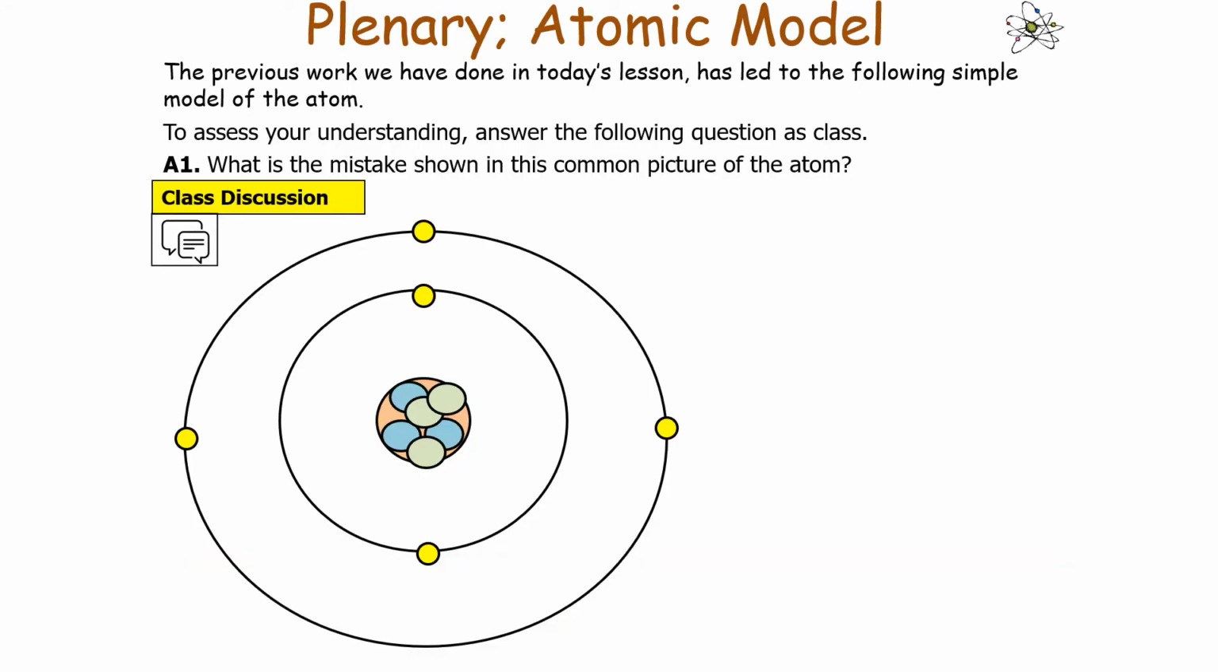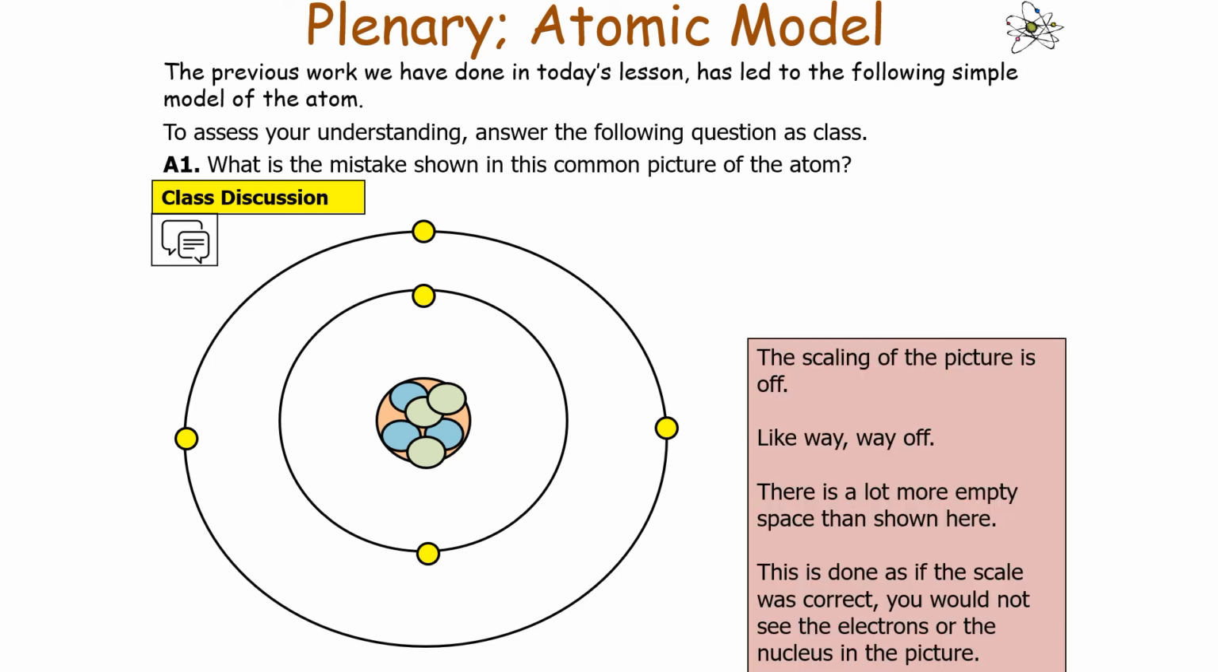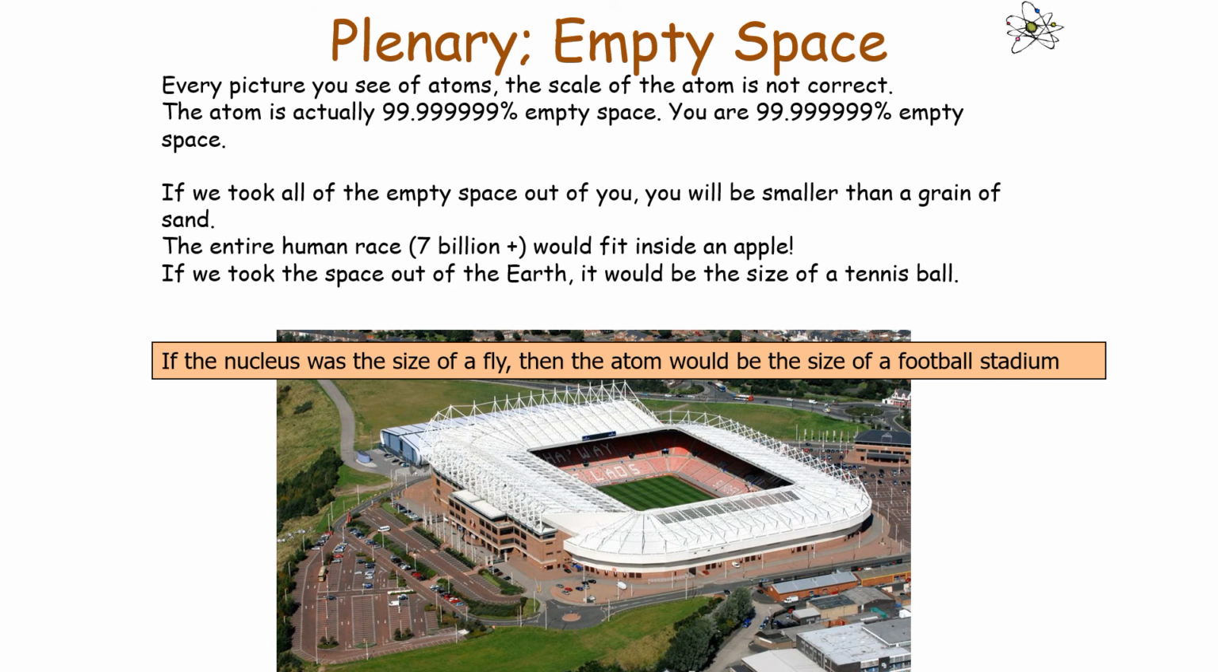Now, it's important to note that this particular model of the atom has a mistake, and that mistake is the scaling in these pictures is way off. There's a lot more empty space than shown here. If you actually drew the scale of this atom correctly, you wouldn't see the electrons or the nucleus in the picture. Every picture of an atom basically means the scale is not correct. The atom is actually